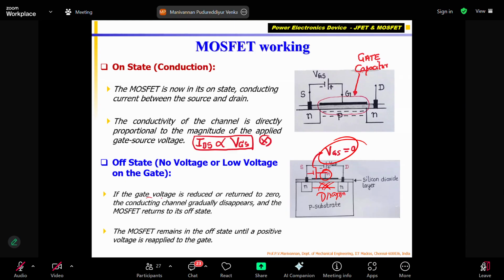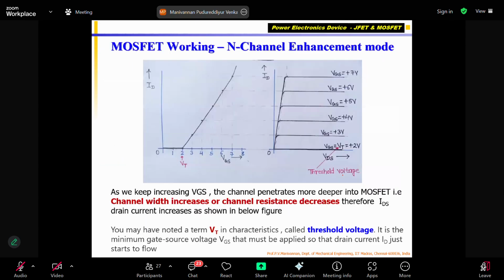Okay. If the gate voltage reduces or returns to 0, the conducting charge gradually disappears and the MOSFET returns to its original state, no current. Even though VD supply voltage is between drain and source, the control voltage is not there. MOSFET remains in off state till you apply the gate voltage. That's it. Okay. So now we want to show how the MOSFET works as an input-output